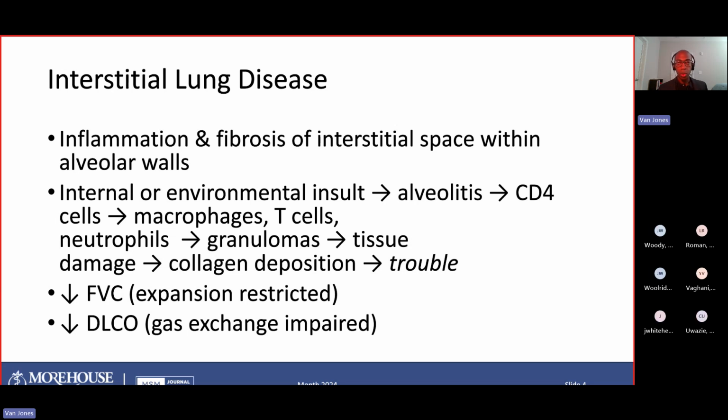And because the tissue is so damaged faster than what can be regenerated by normal tissue regeneration, the lungs heal themselves by depositing collagen into the walls. And so all that scar tissue within those walls leads to trouble because the lung is not able to inflate like the elastic balloon that it's supposed to be, thereby decreasing your FVC. And all that collagen within the walls leads to a dysfunction in the diffusion of gases between a capillary and an alveolus, which leads to a decrease in your DLCO. So impaired expansion, impaired gas exchange.